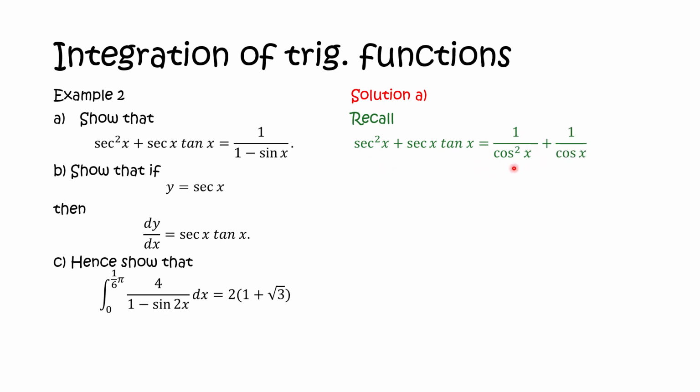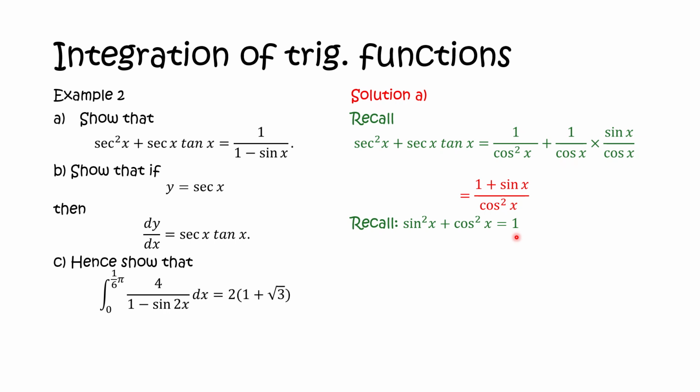Sec squared x is equivalent to 1 over cos squared x, and sec x tan x is equivalent to 1 over cos x times sine x over cos x. Now with that, simplifying and adding the two fractions, we would have 1 plus sine x over cos squared x. And recall from the identity of cos squared x in terms of sine squared x, we are going to have